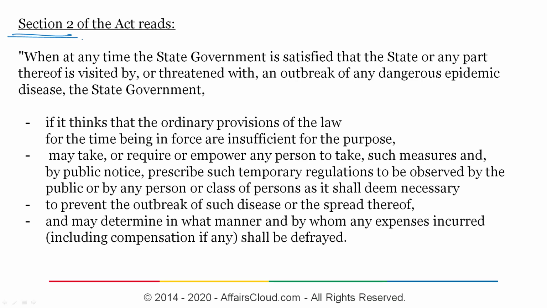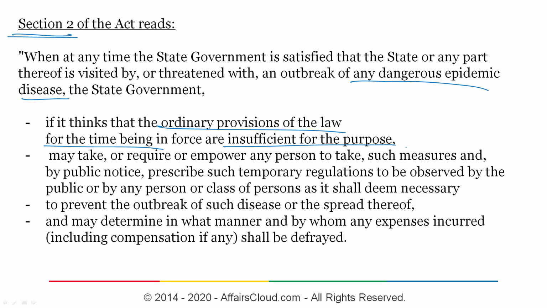So the draft of Section 2 of the Act reads that when at any time the state government is satisfied that the state or any part of the state is threatened with an outbreak of any dangerous epidemic disease, then the state government, if it thinks that the ordinary provisions of the law for the time being, that is, the provisions of the law that exist for the time being enforced, are insufficient for the purpose, then the government may take or require or empower any person to take such measures and may also issue public notice and prescribe